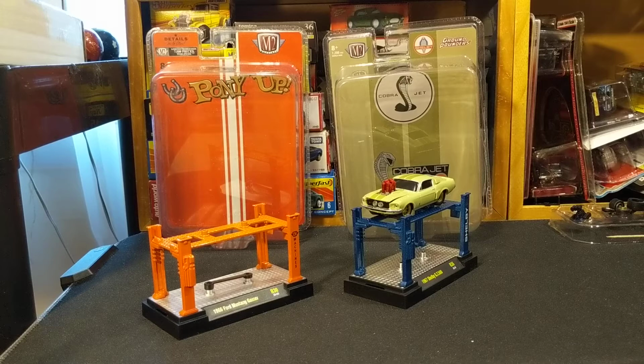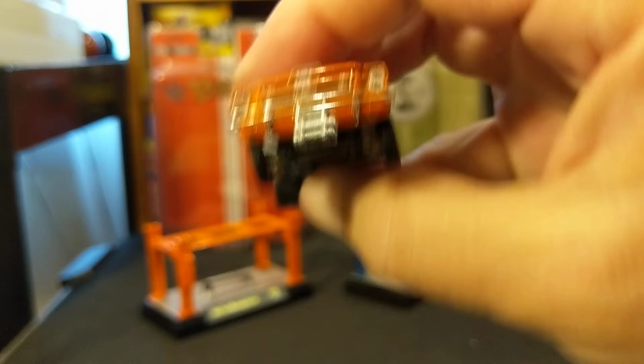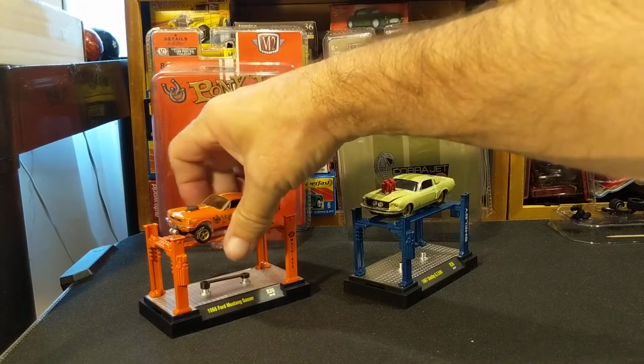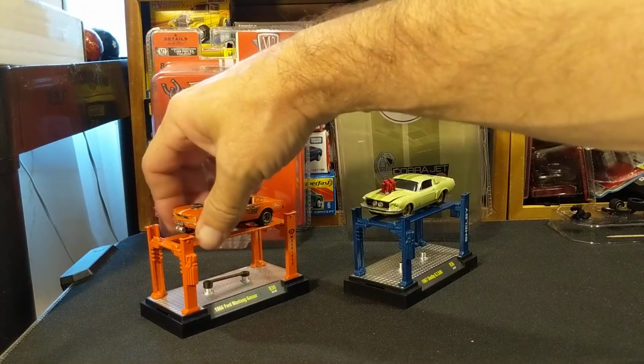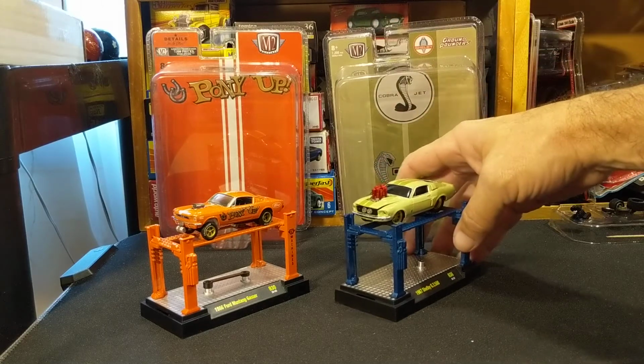These type of cars to me are pretty. I mean, I don't play with my cars. This is a static display piece, and that is very cool. So this is a 1967 Ford Mustang Gasser, and this is a 1967 Shelby GT500,